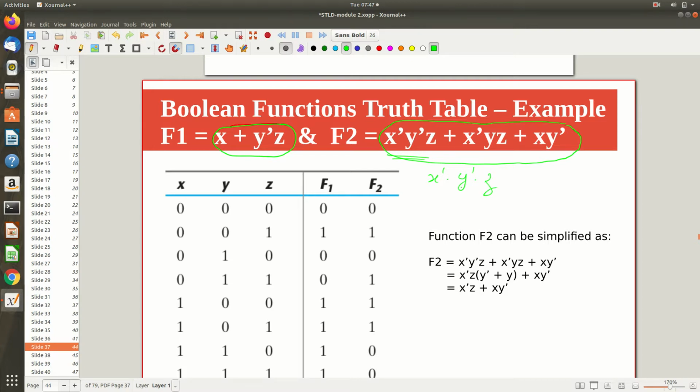Like that many columns will be added. Similarly x dash y z, x y dash, and finally perform the OR operation. What we know is binary operations we saw, right? So you perform an OR operation between this term and this term, then that result OR with this term. Like that you will get the final answer.